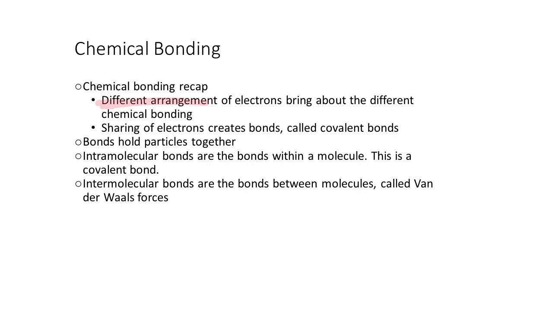So different arrangements of electrons bring about different chemical bonding. If you remember ionic bonding, you're transferring electrons from one atom to another to make positives and negatives, right? If you're a metal, you'll just lose all your electrons to a sea of delocalized valence electrons. But in a covalent bond, we share electrons, and the sharing of electrons creates the bonds called covalent bonds. Just to be clear, it is the electrostatic attraction between atom number 1 and the electrons of atom number